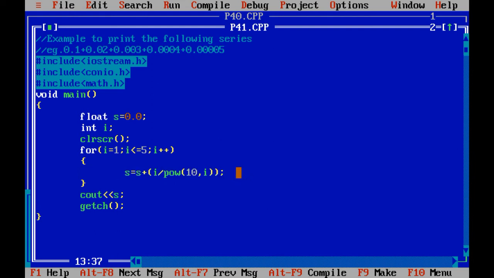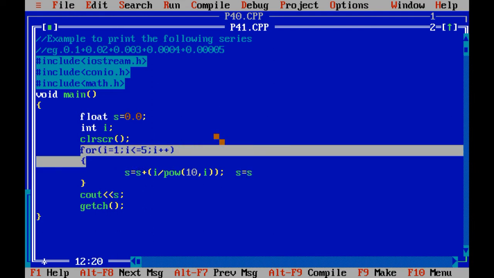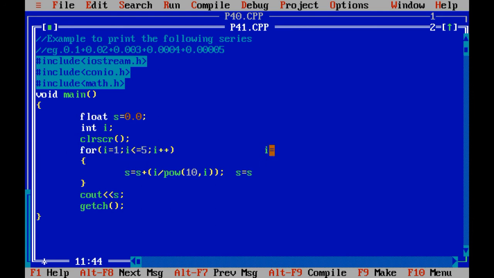Let me help you to solve the given code. s equals s plus, right? Using this line, we know that the value of i is from 1 to 5. Is that clear to everyone? Now s equals s, with the value of s being 0.0 for the first time, plus the value of i is 1, right? 1 divided by pow(10, 1).